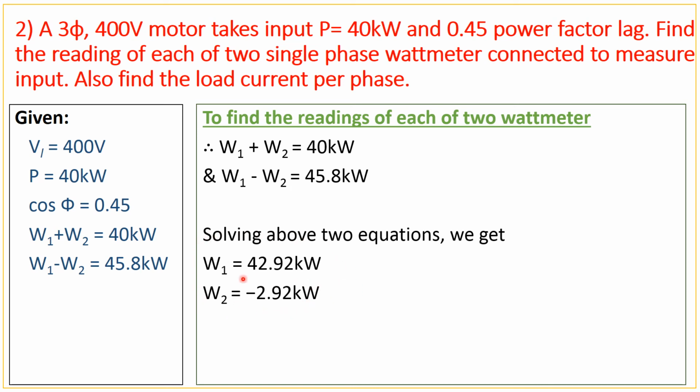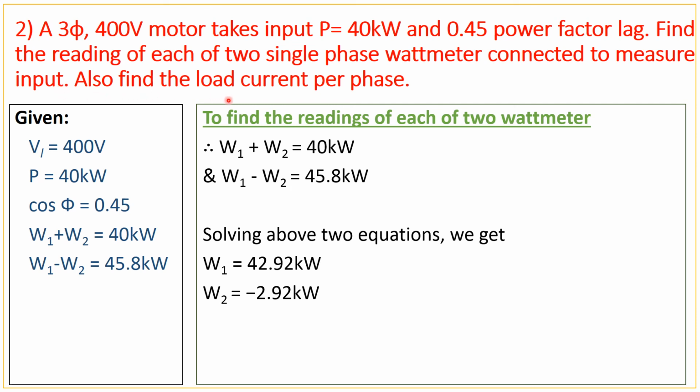So is this negative value, the answer given by wattmeter, correct or wrong? Yes, good. Whatever you have thought is correct. This is obtained after the reversal of current coil. So whenever you add these two, you must get 40 kilowatt. Only then the answer is correct. Yes, you are getting it as 40 kilowatt, and though it is negative, it is correct because you have reversed the current coil in this case. So remember this. So you have got the answer for the first sub question.